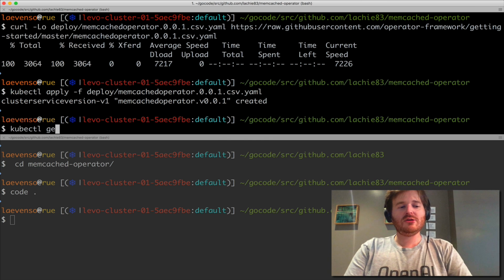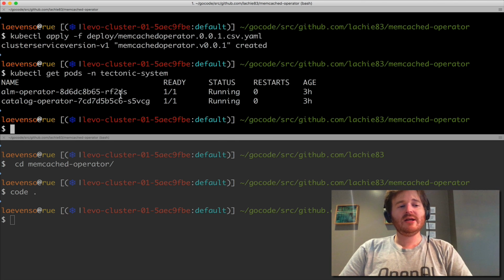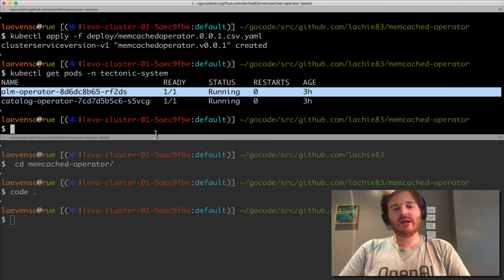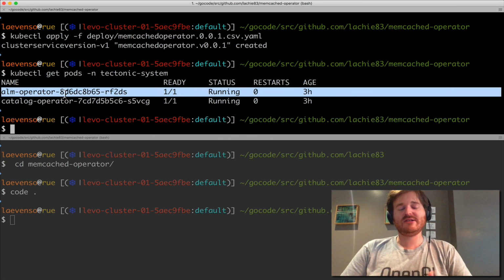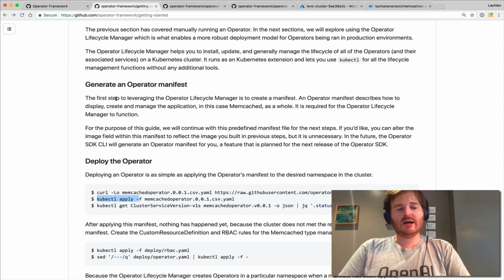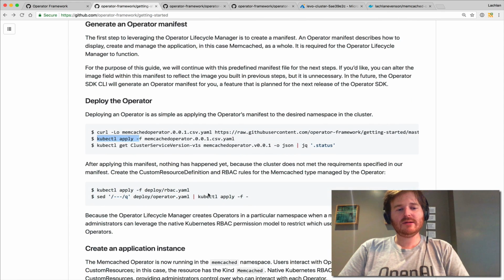So kubectl get pods in the tectonic system namespace. I have deployed this beforehand. So we have an ALM operator and a catalog operator here. They're both working and functioning. These are actually the things that are going to take care of deploying my memcache operator for me here. All right, so